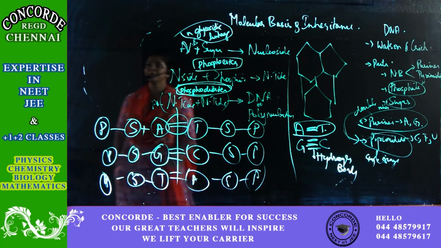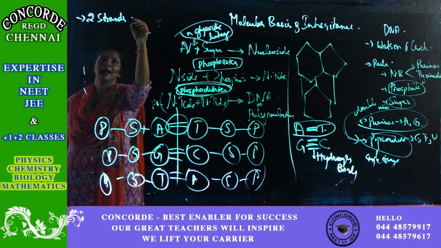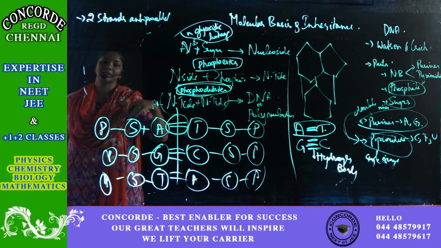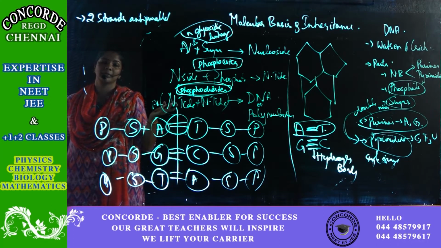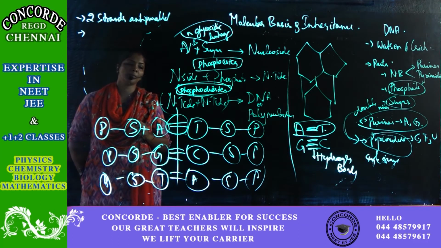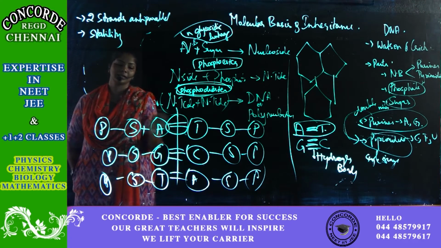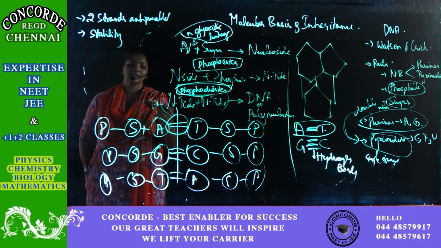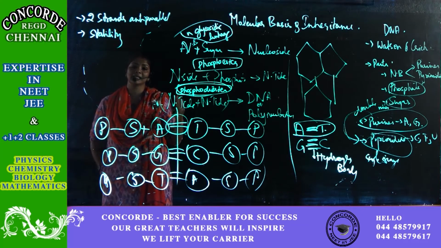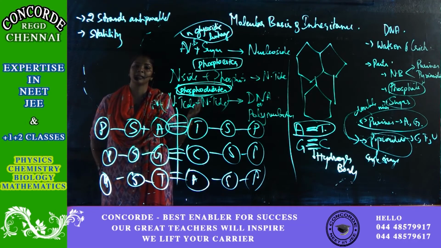And also you know that DNA has 2 strands that are anti-parallel. One will be in one direction, the other one will be in the opposite direction. So the 2 strands will be anti-parallel in orientation. And the most important thing in DNA is the stability. Two strands will ensure the stability. See, even RNA is a genetic material, but why do we call DNA the universal genetic material? Because of its stability. DNA is comparatively more stable than RNA.